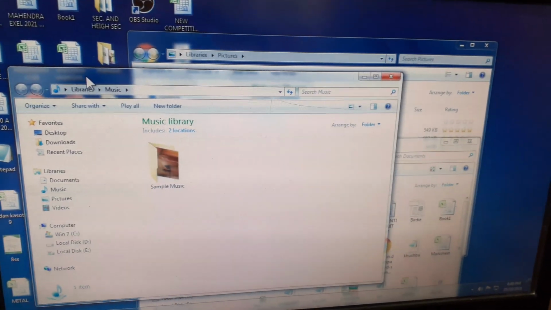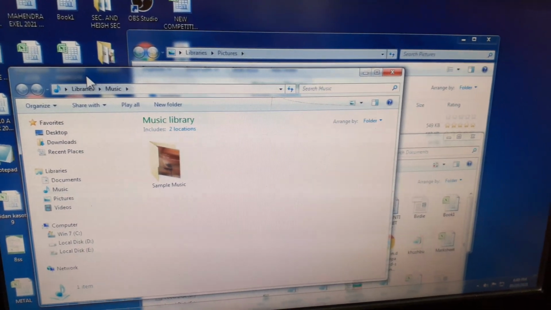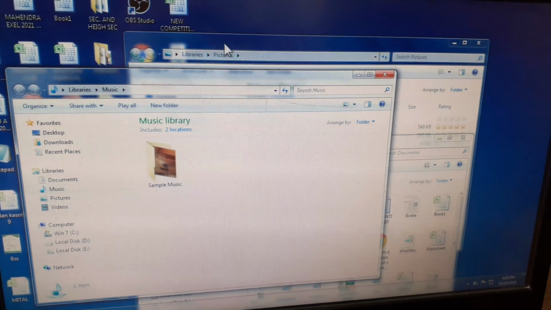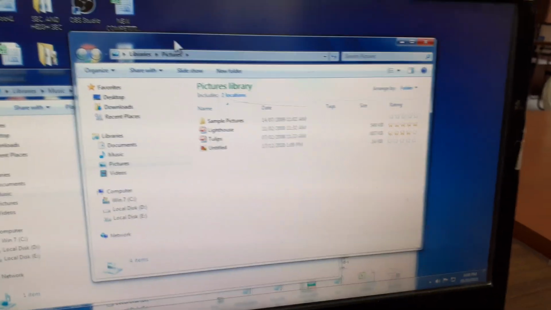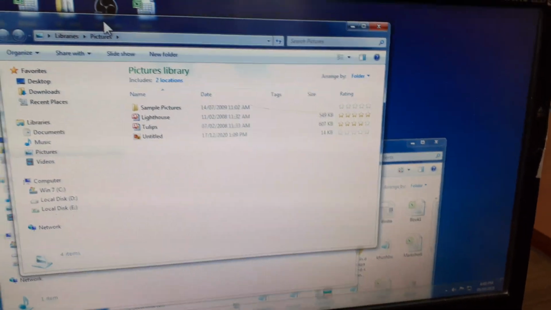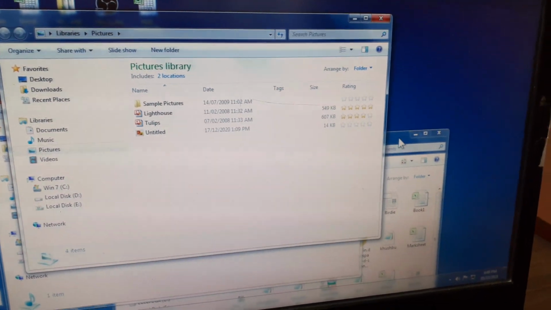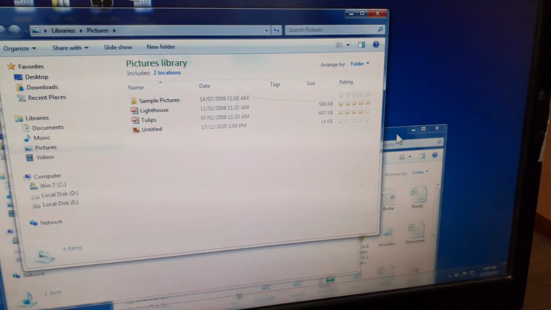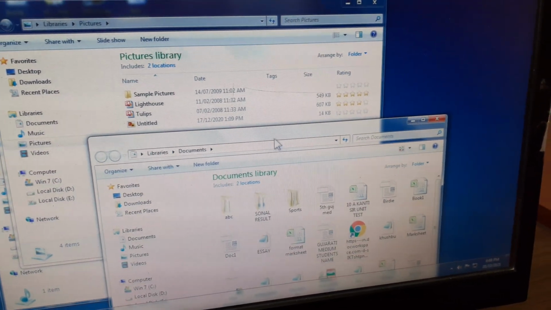Now if we want to make the pictures window active, what do we have to do? We have to click on the title bar of the pictures window in this way. Now you can see the pictures window is active. If you want to make the documents window active, then you have to click on the title bar of the documents window.